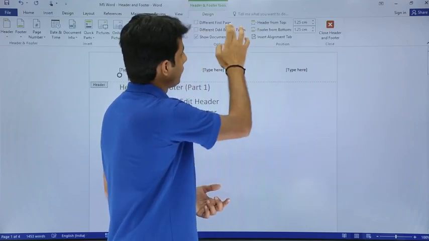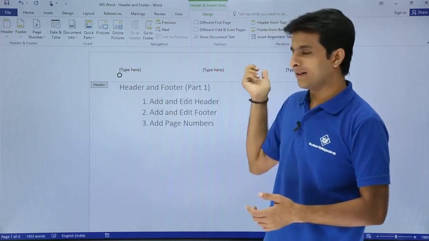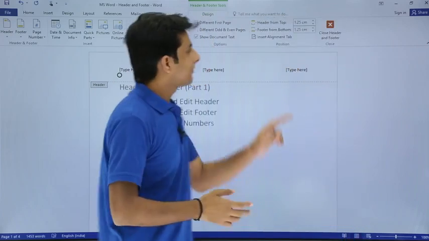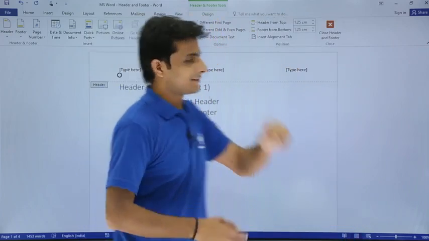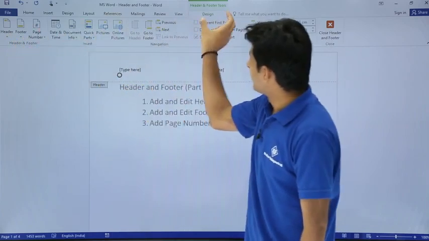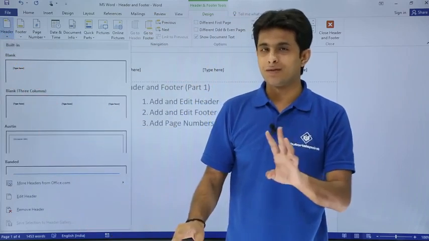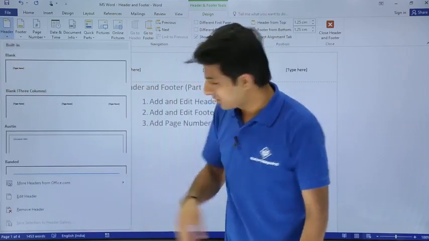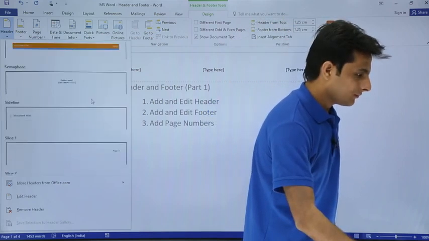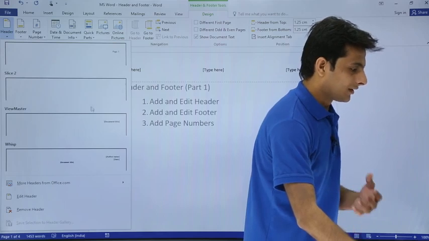So I'll just again go to that place. So you see that's added here. You can also add some text here and here. If you want to change, same method, you can go to this place. Once it is activated, you can go here also in the design tab, and same options you'll get. So both the places you can get it. If I scroll it down, you see these are the different types of headers you can add.